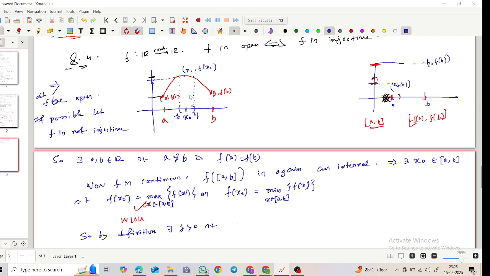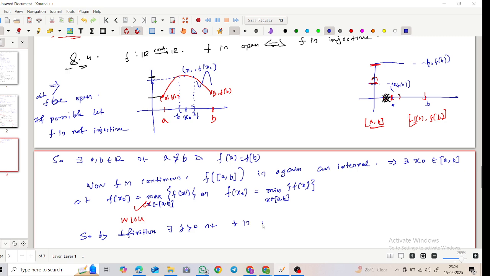Actually the problem is that there might be multiple maxima and minima, you understand, there may be like this, there may be this, just a minute. I am going to an interval which is the maximum, and I am taking a delta in which